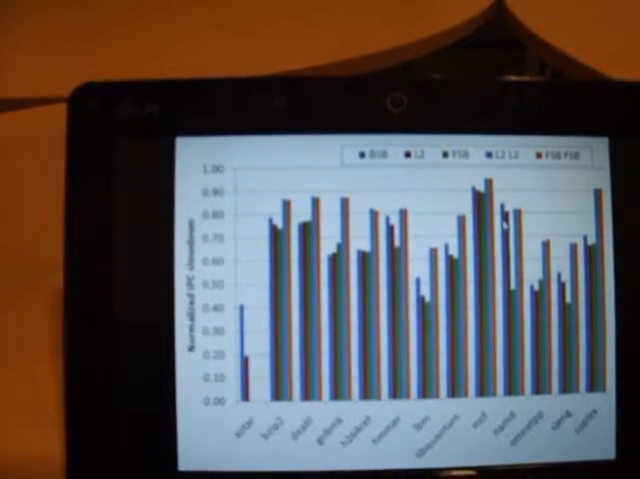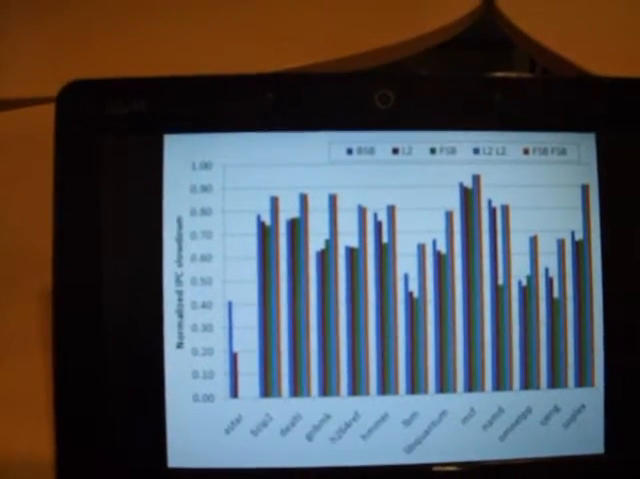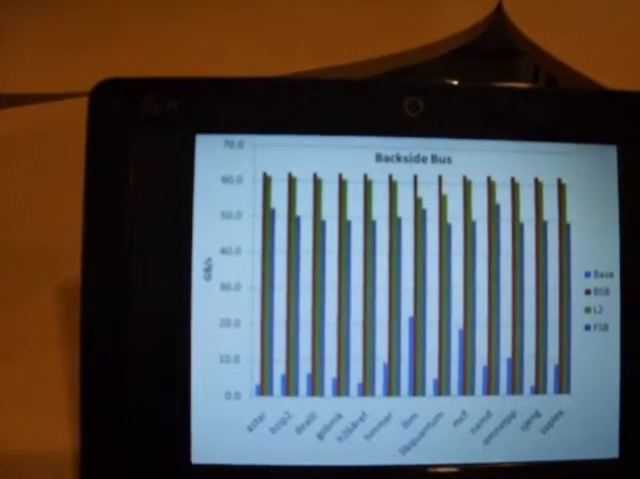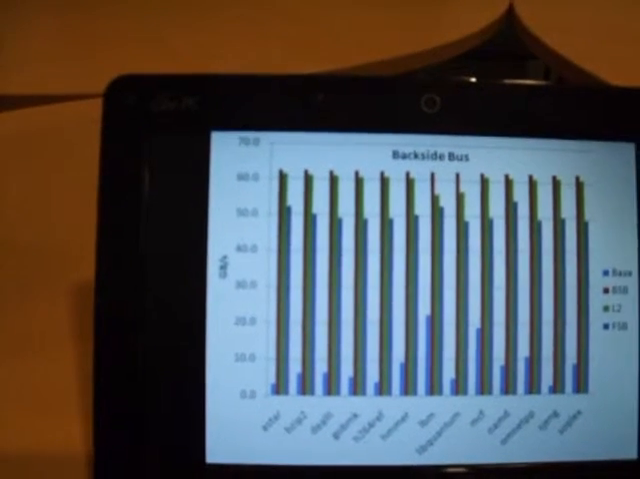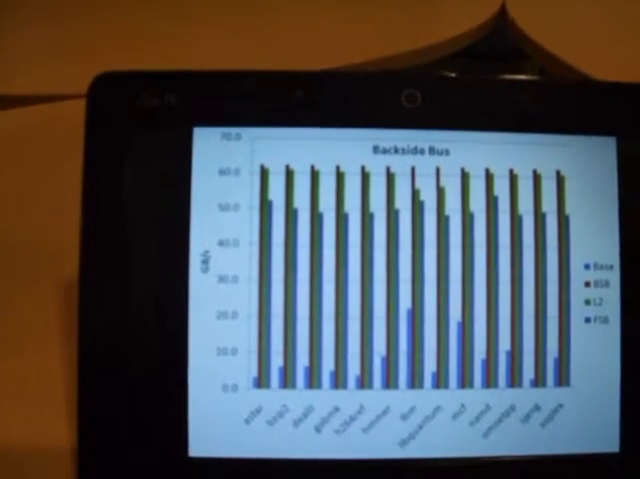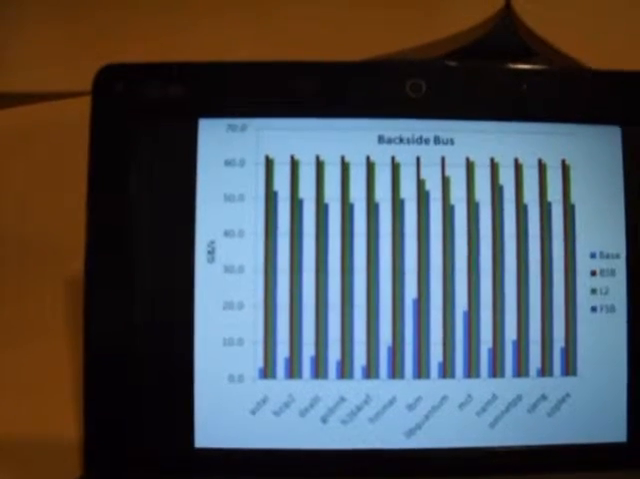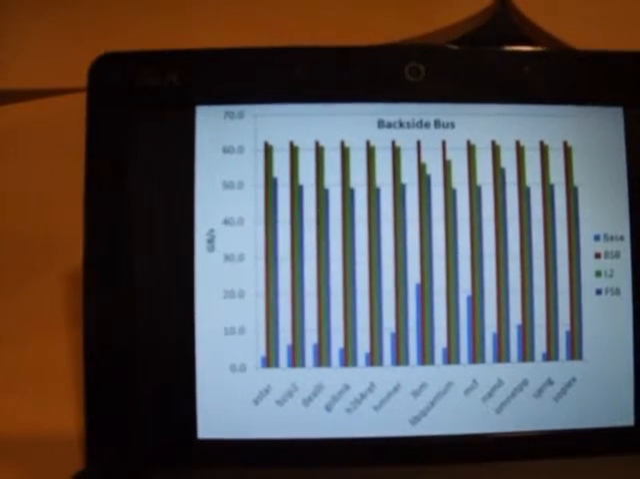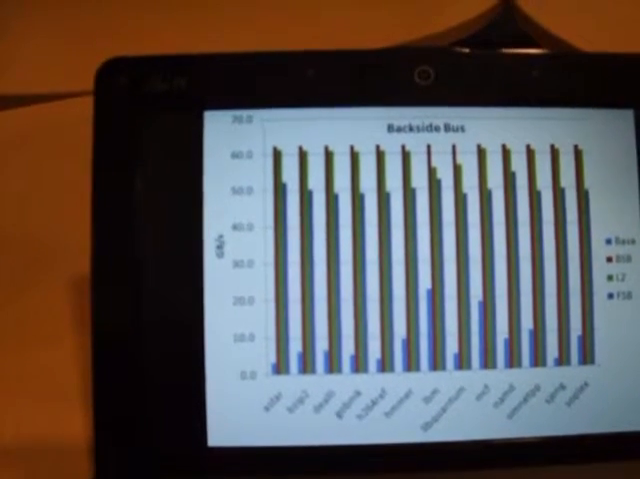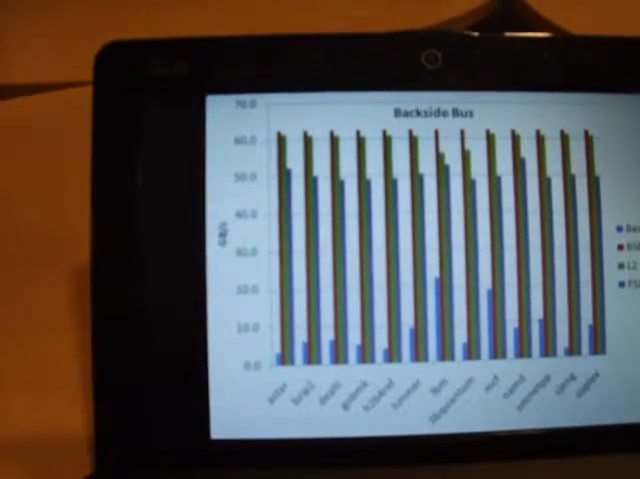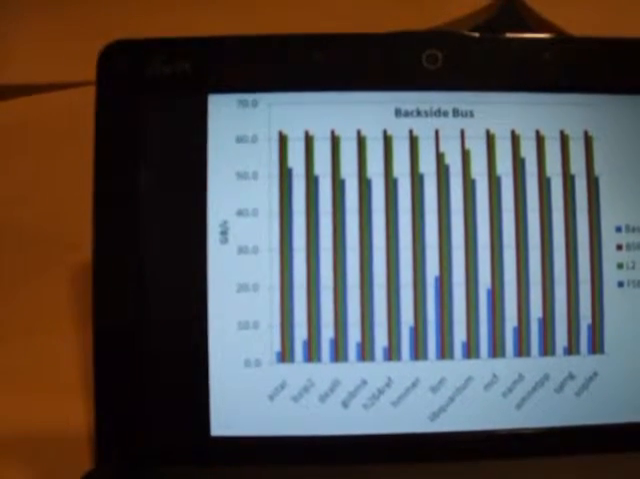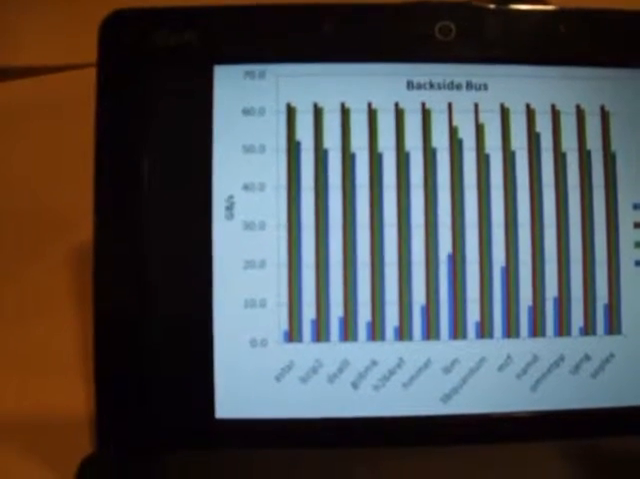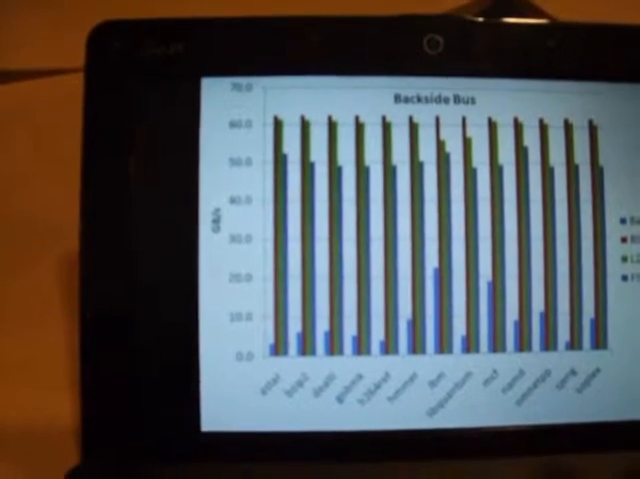And we try to find out why backside bus attack is the best one. So we plot some more data. This is backside bus attack utilization, which is shown in gigabytes per second. For the backside bus, the maximum bandwidth is 64 gigabytes per second. This shows that the backside bus attack and L2 and frontside bus attack consume almost all of the backside bus bandwidth. But you can see that there is a large difference between backside bus attack and frontside bus